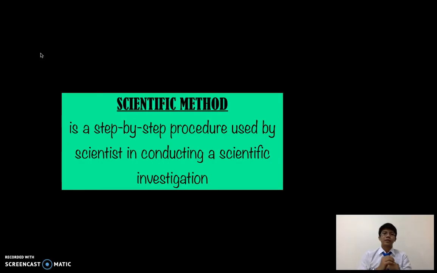All right, so in order to start with the scientific investigation, the first thing that you have to do is to study the situation first. Okay, so of course, when you are going to conduct an experiment, there is a specific situation being studied. Okay, and based on the situation, you will get an idea on what you want to study or on what you want to discover. For example,